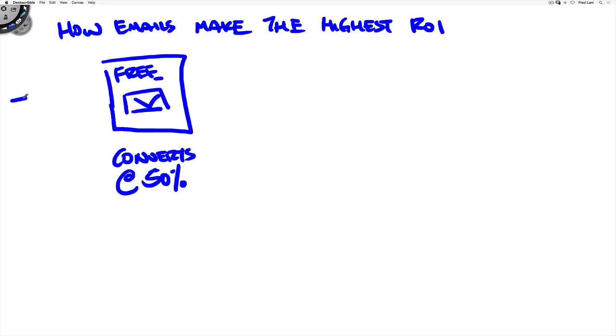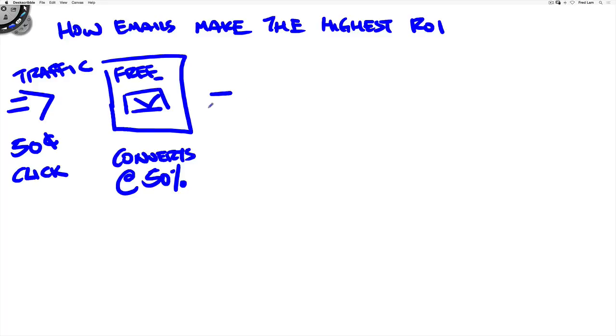And in this case, if you start sending traffic, and let's say you're buying this traffic, regardless of whether it's solo ads, Facebook, Google, Bing, or whatever, and it costs you 50 cents to acquire that click, a person clicking on the ad. And if you need 1 email address, that means that at a 50% conversion rate, 2 clicks